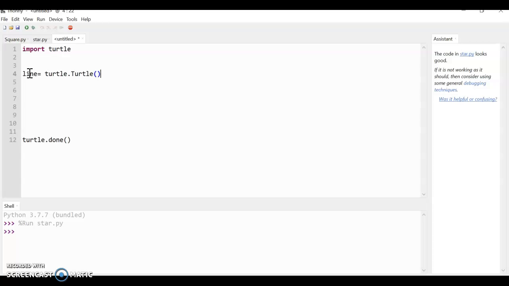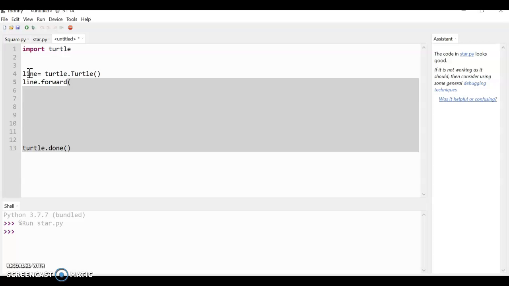Guys, this is the variable I have created. Then we can use methods like the forward method, and then we add the amount, how much you want to go forward, so 100.